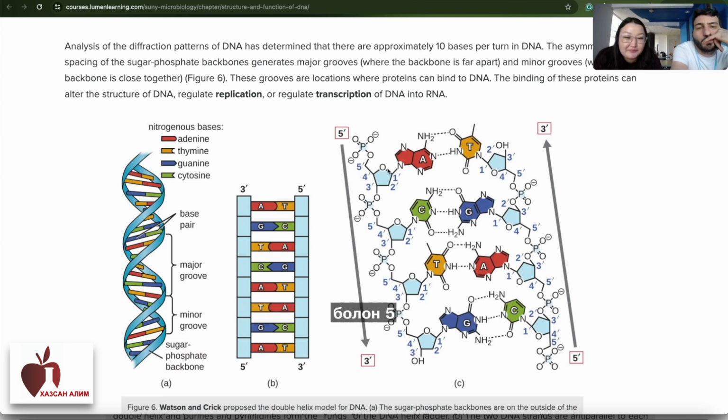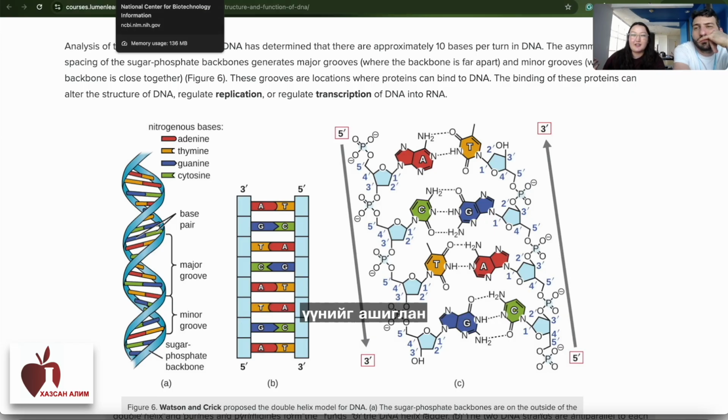Also, I want to add something here. The DNA consists of deoxyribose, and on the 5' end it has a phosphate group. On the 3' end it has a hydroxyl group. So DNA extension always goes from 5' to 3' like this, right? So then he's going to explain how to generate